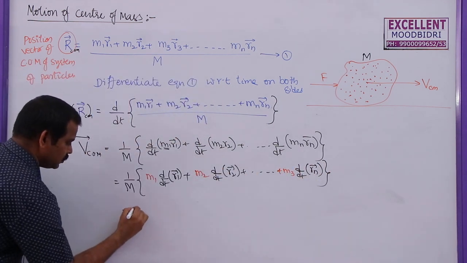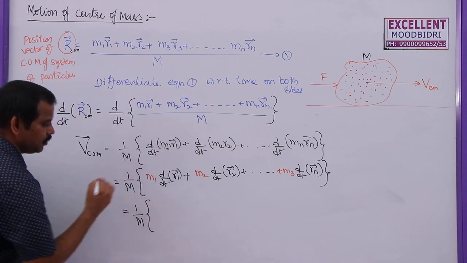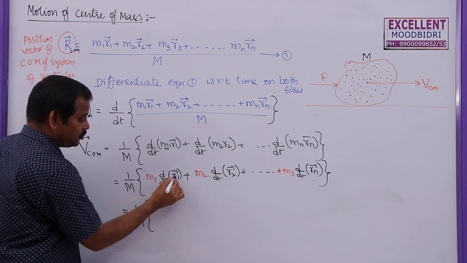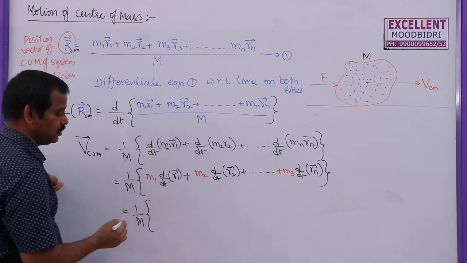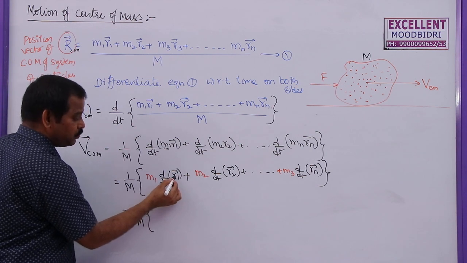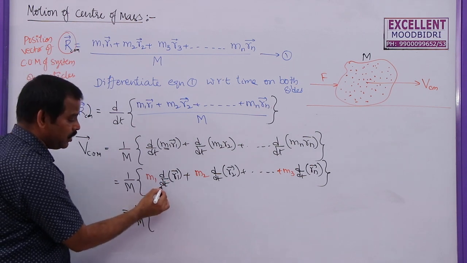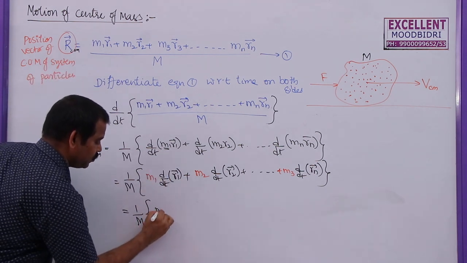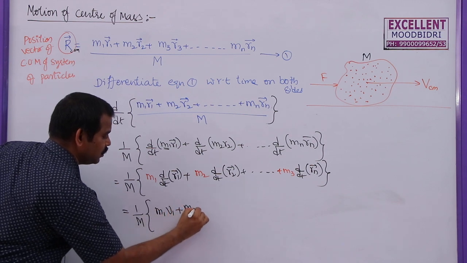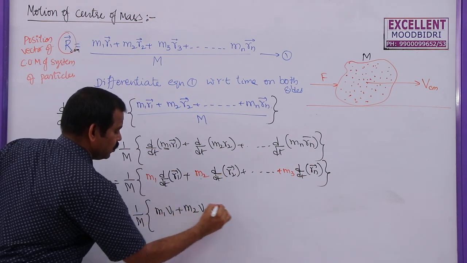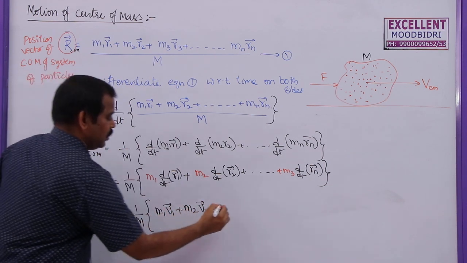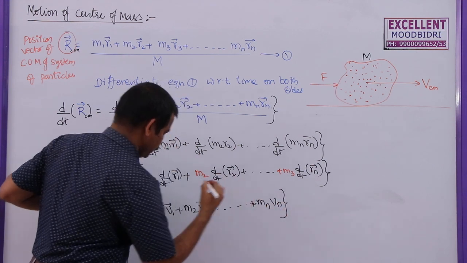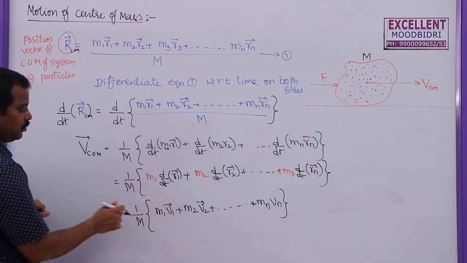So, this can be written as 1 by m. This is nothing but the rate of change in position of that particle 1, the first particle. So, this is the position vector, and this position vector is changing at rate t. If delta t is very small and dt is taken like this, you can write it as mv. So, you can write m1 v1 plus m2 v2, these are all vectors, velocity vectors, and so on, mn vn, by this 1 by m, already I wrote it outside.